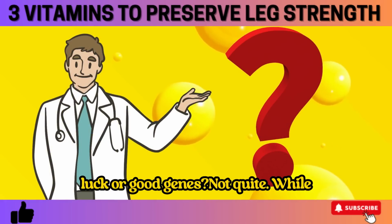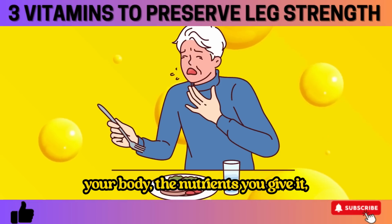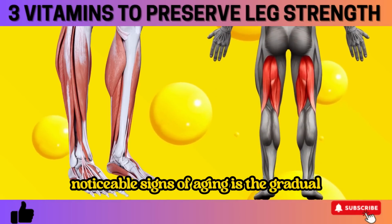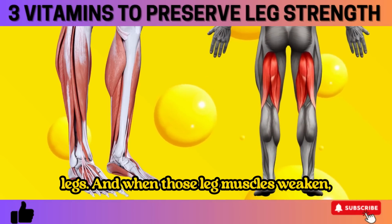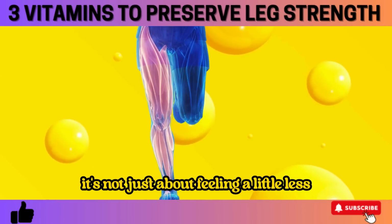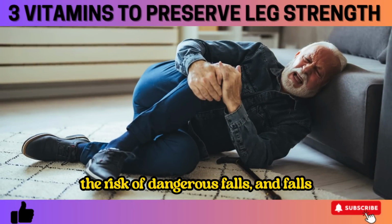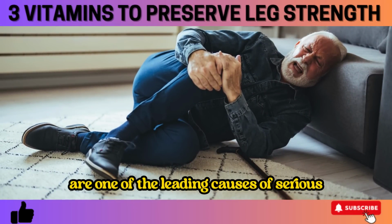Not quite. While genetics can play a role, what you feed your body, the nutrients you give it, plays a massive role in keeping your legs strong as you age. One of the most noticeable signs of aging is the gradual loss of muscle mass, especially in the legs. And when those leg muscles weaken, it's not just about feeling a little less strong. It's about balance, mobility, and even independence. Weak legs increase the risk of dangerous falls, and falls are one of the leading causes of serious injuries in